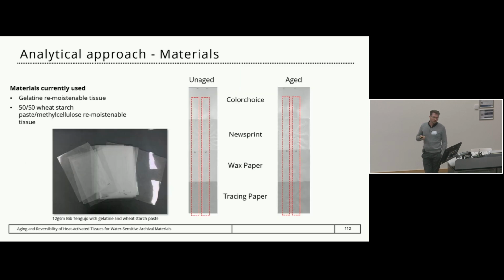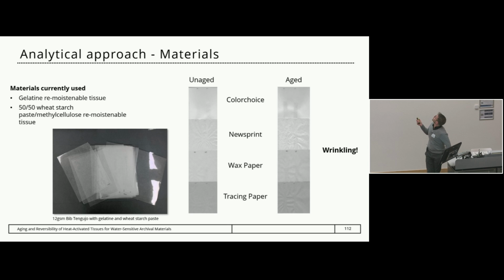So currently, we are using gelatin-based or wheat starch paste remoistenable tissues. But the thing is, when we apply them to some of our paper, and I'm showing here a choice of 4 papers, which are color choice, newsprint, wax paper, and tracing paper, which is a good representation of the types of paper a lot of the conservators are working with at the archives, you will see that a lot of wrinkling does form. So it shows that this is a type of material that might not be well adapted to